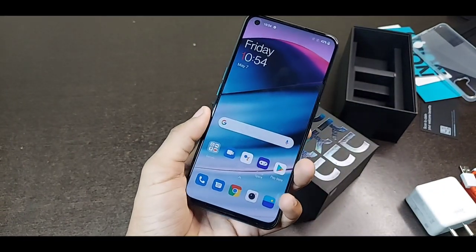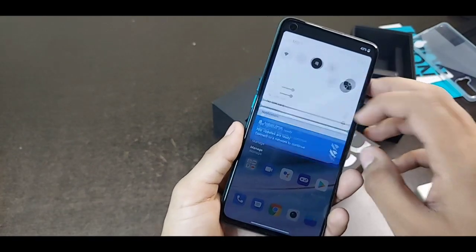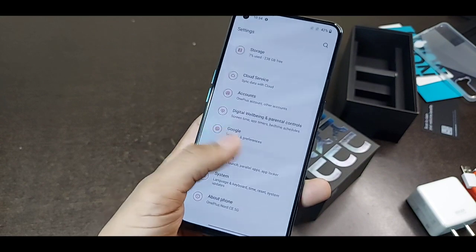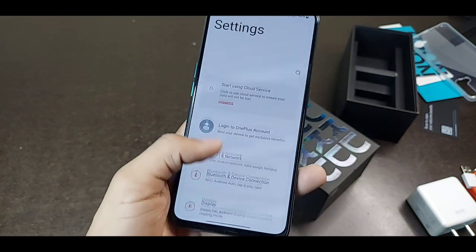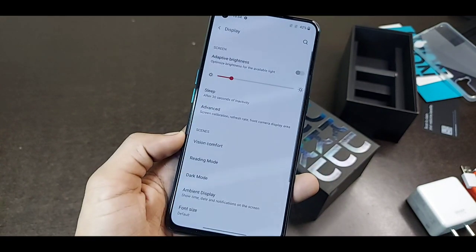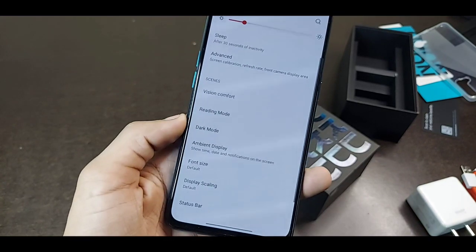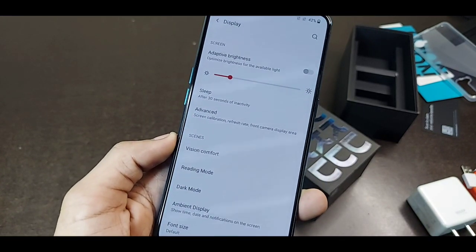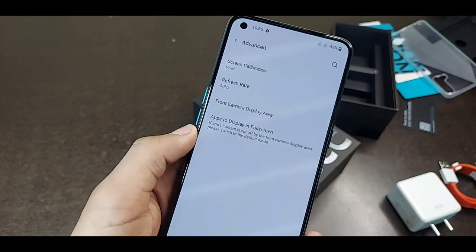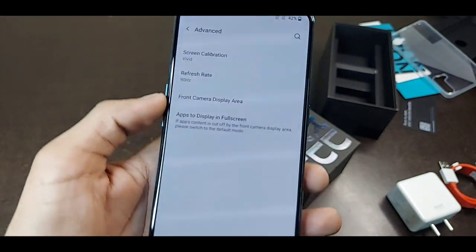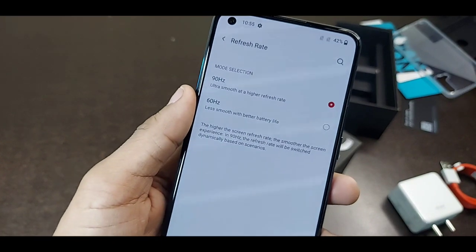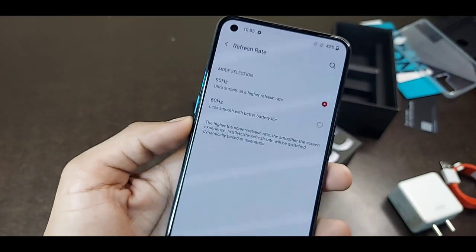You guys must know that this device comes with a 90Hz super screen, and if you wanted to change its refresh rate, you have to navigate into display settings, and here you'll get an option called advanced settings. In advanced settings, you will get an option called refresh rate. Here you get an option to manage the refresh rate of your device.